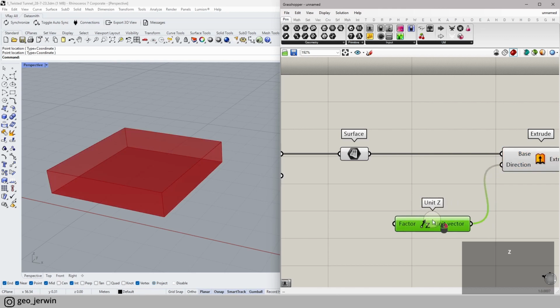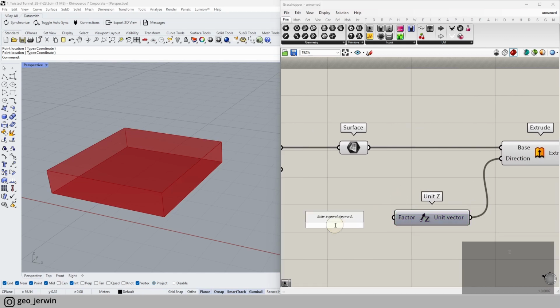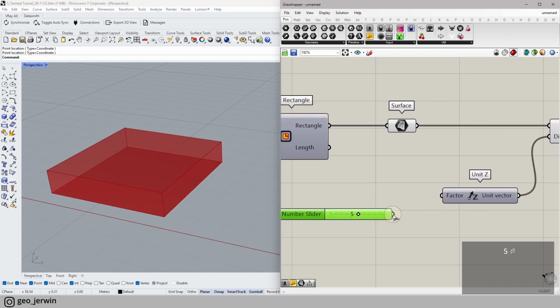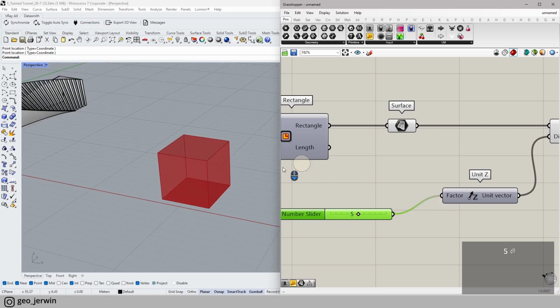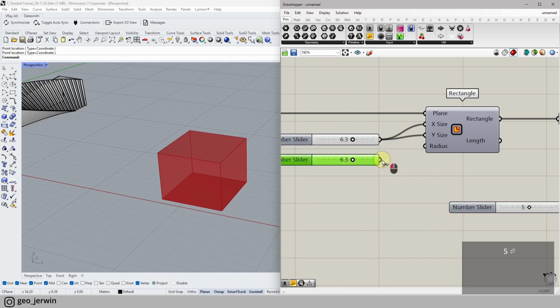So it's unit Z, unit means 1. So factor would be multiplied by 1. So here, let's say 5 is the multiplier here. And then there you go. So I can still control this bit, the rectangle. I can also give a separate